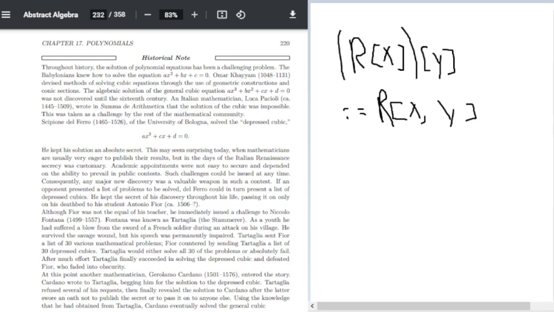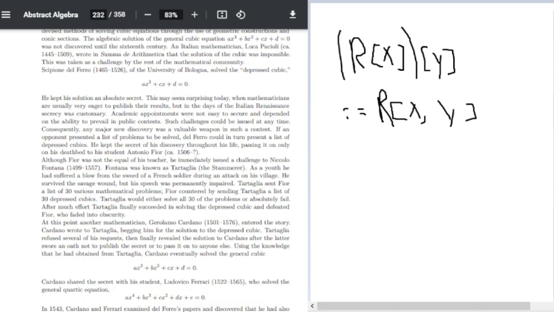If an opponent presented a list of problems to be solved, Del Ferro could in turn present a list of depressed cubics. He kept the secrets of his discovery throughout his life, passing it on only on his deathbed to his student Antonio Fiore. Although Fiore was not the equal of his teacher, he immediately issued a challenge to Niccolo Fontana. Fontana was known as